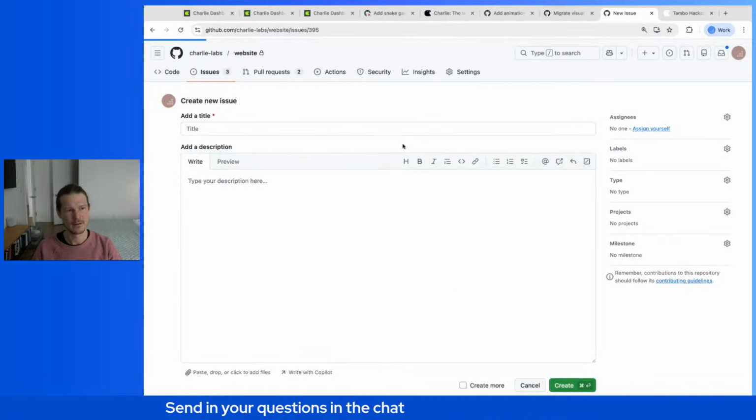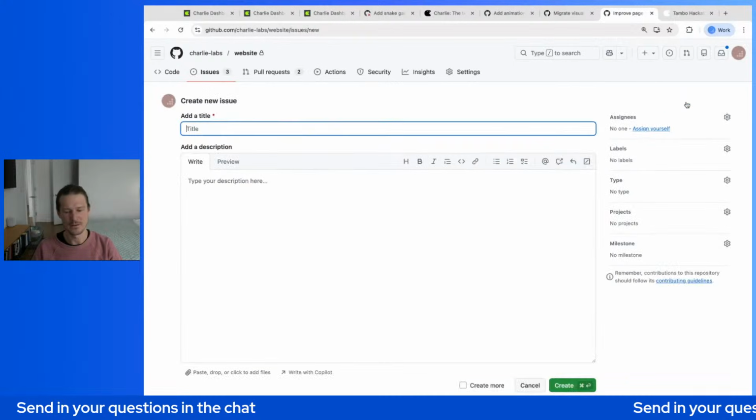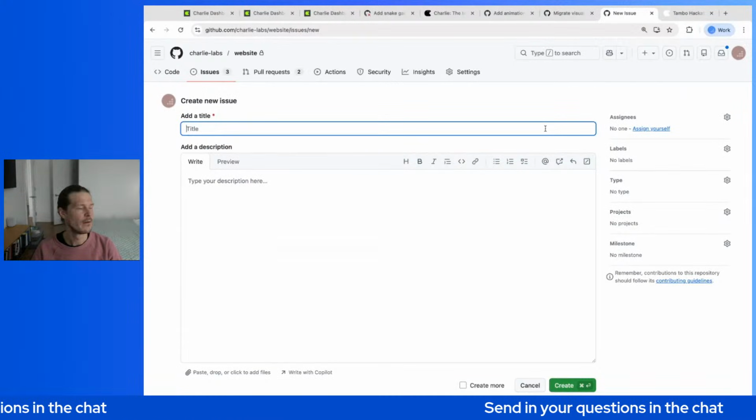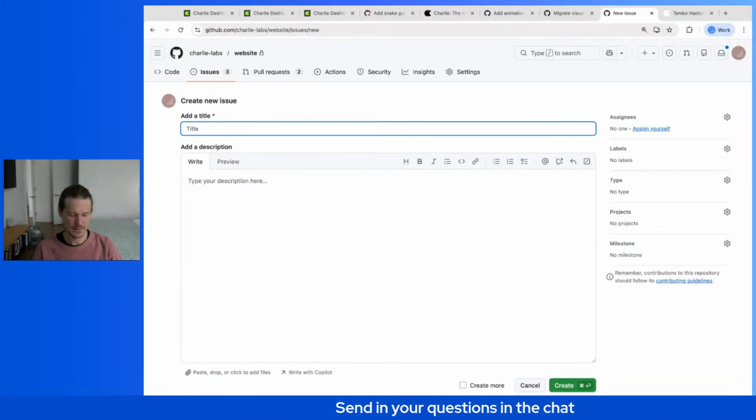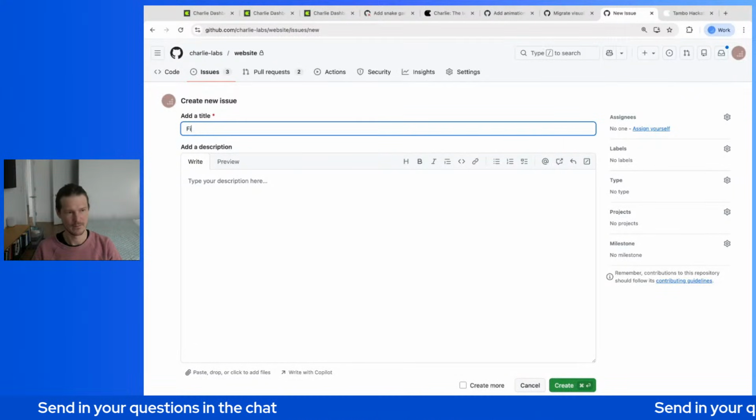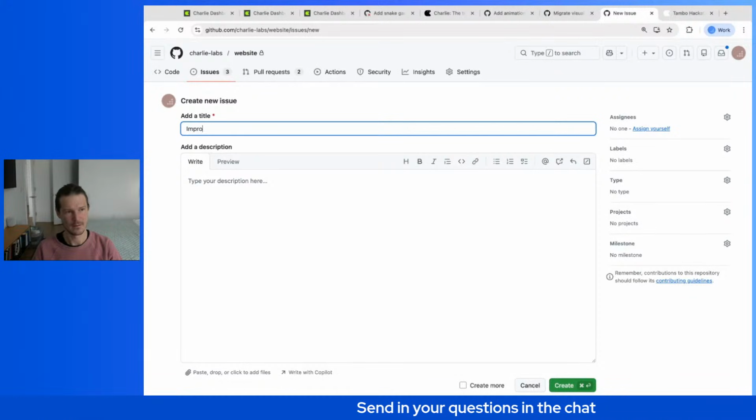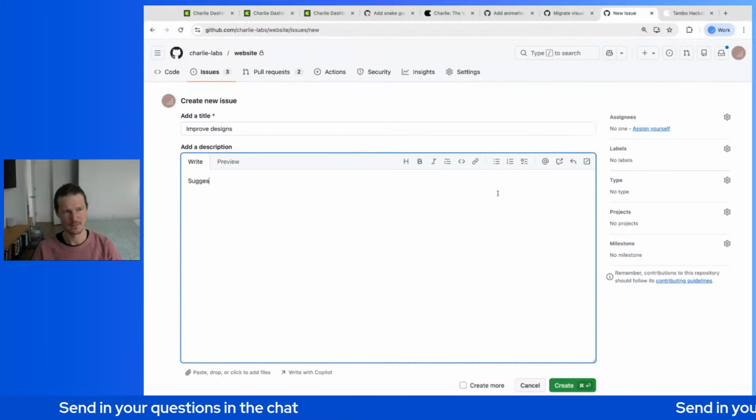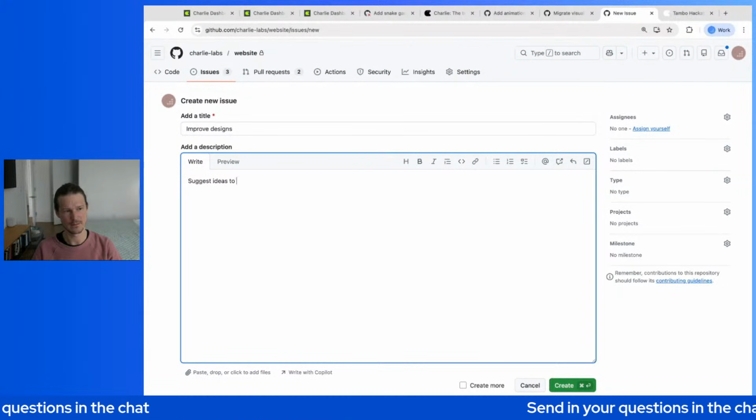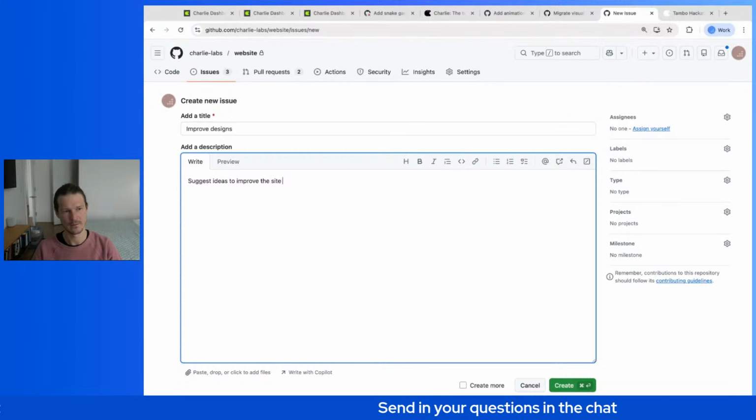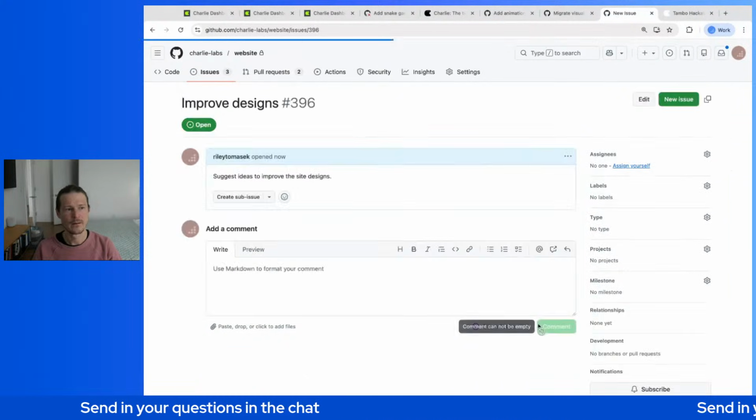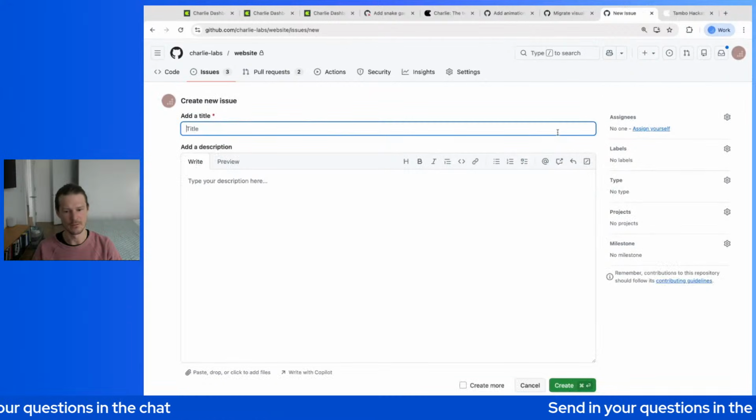Do that. And then we can do another issue for, let's say, let's just do something fun here. Let's say suggest or find times to improve designs. So then suggest ideas to, and then we'll do one more for